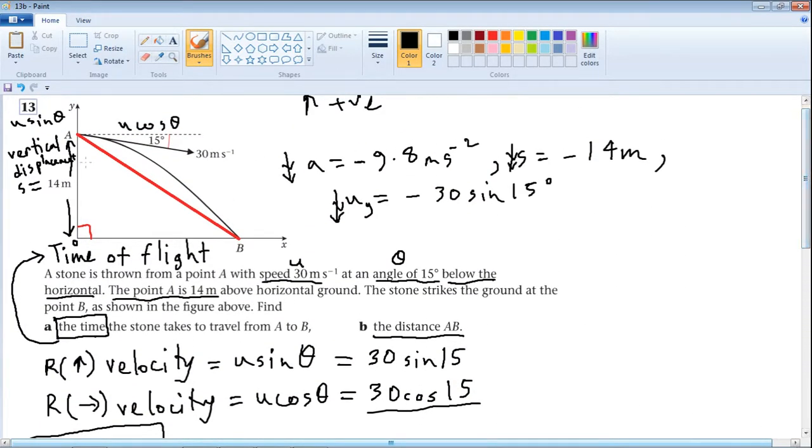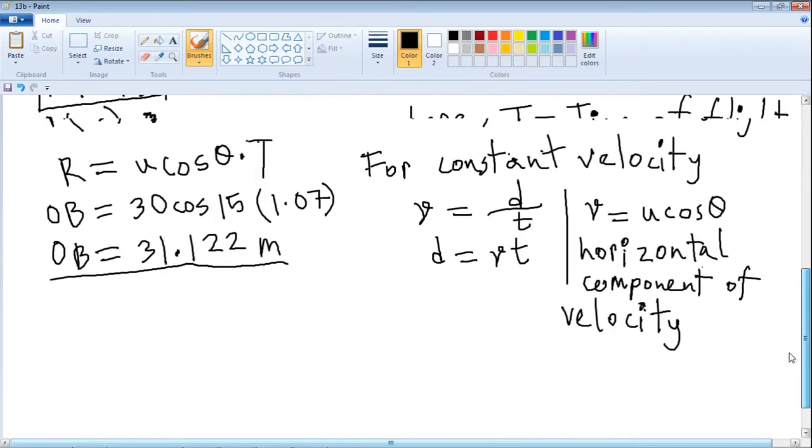Since AB is the straight line and AOB is a right angle triangle, we can find AB by Pythagoras theorem, where AB is the hypotenuse. So by Pythagoras theorem,